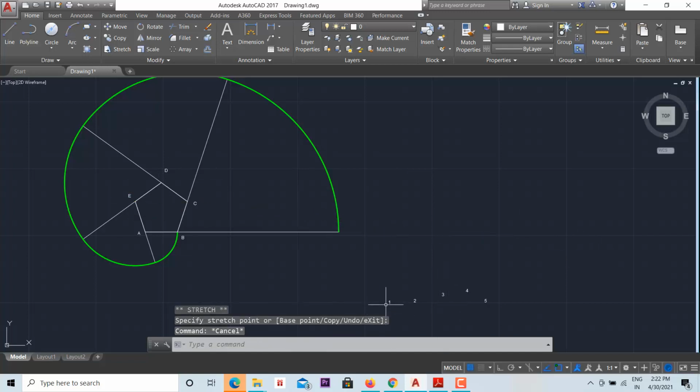Similarly the numbers can be moved to the corresponding location.